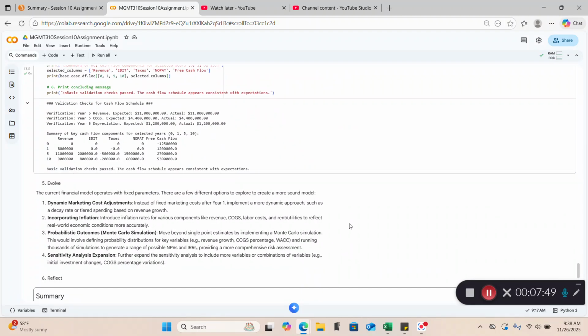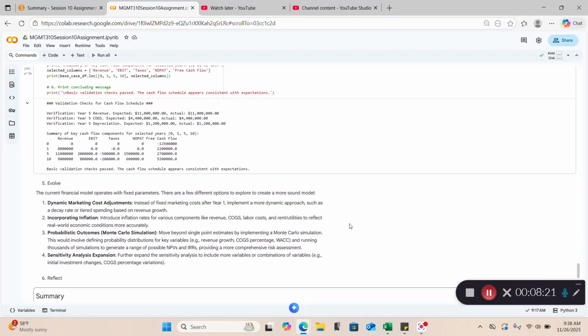stage. In this, we have our current financial model operating with fixed parameters. However, there are a few different options that we can explore to create a more sound and better overall model. One of them would be dynamic marketing cost adjustments. For example, instead of fixed marketing costs after year 1, we can implement a more dynamic approach, such as a K rate or tiered spending based on revenue growth, to create a more real world scenario